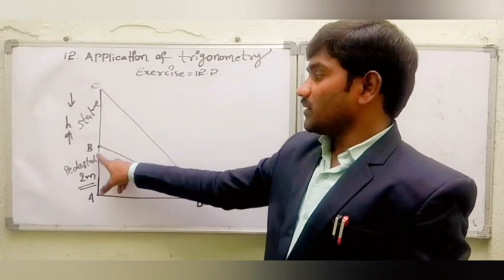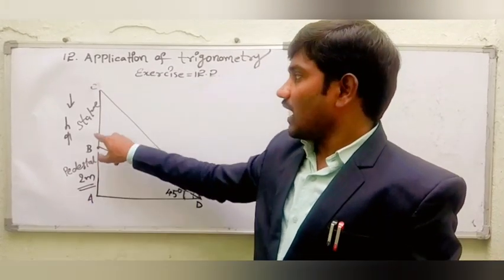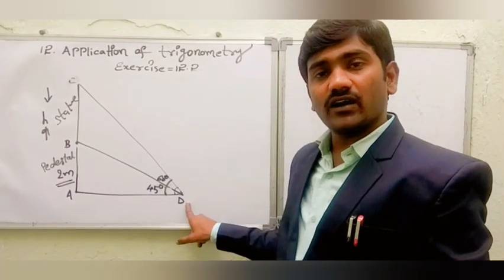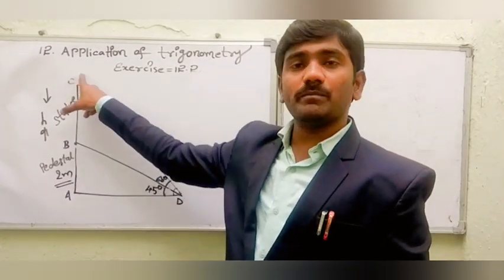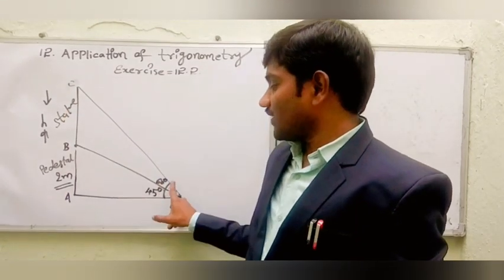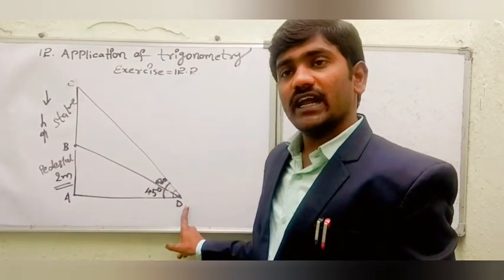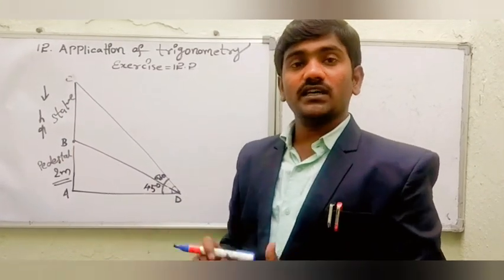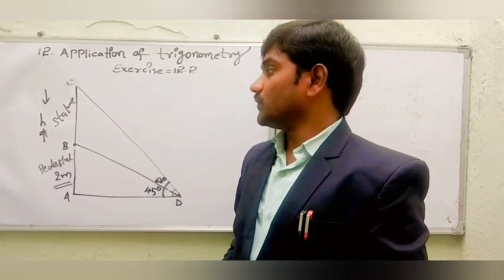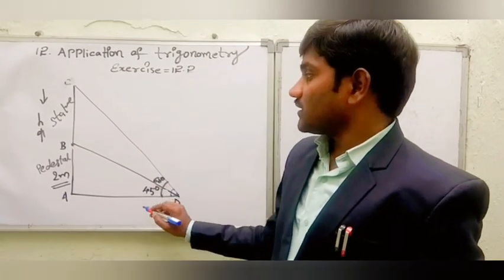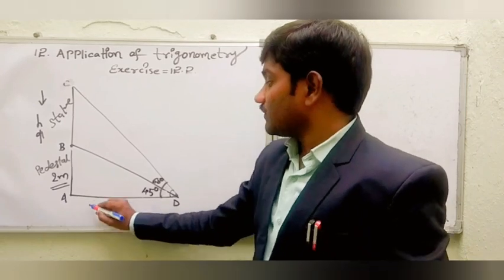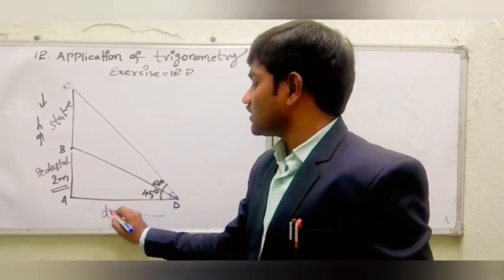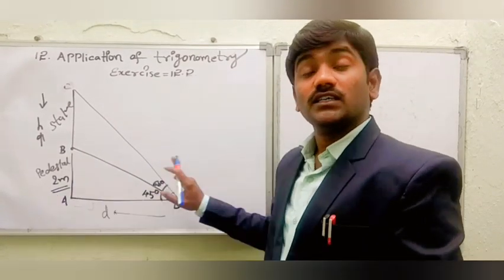So here AB is a pedestal of height 2 meters and BC is the height of the statue, that equals H, and D is a point on the ground. From this point he observed the top of the statue with the angle of elevation 60 degrees. From the same point D he observed the point B, the angle of elevation 45 degrees. Hence here we need to find out the height of the statue. Okay, let us find out first. First of all we need to find at what distance this observer is standing from this statue or pedestal.